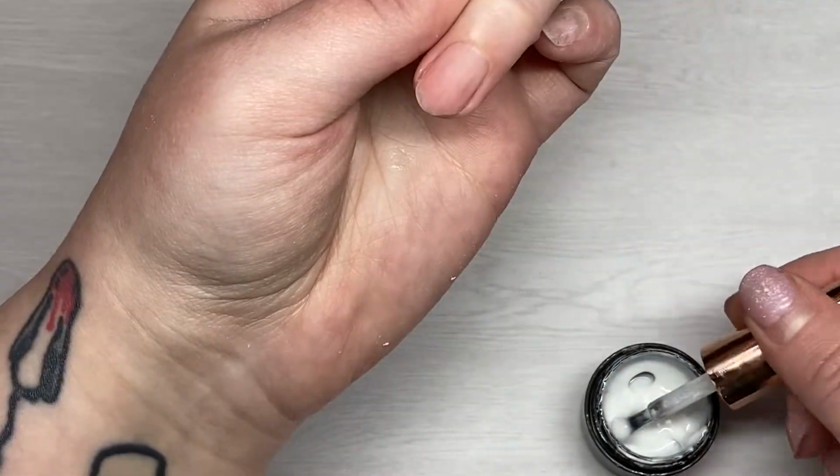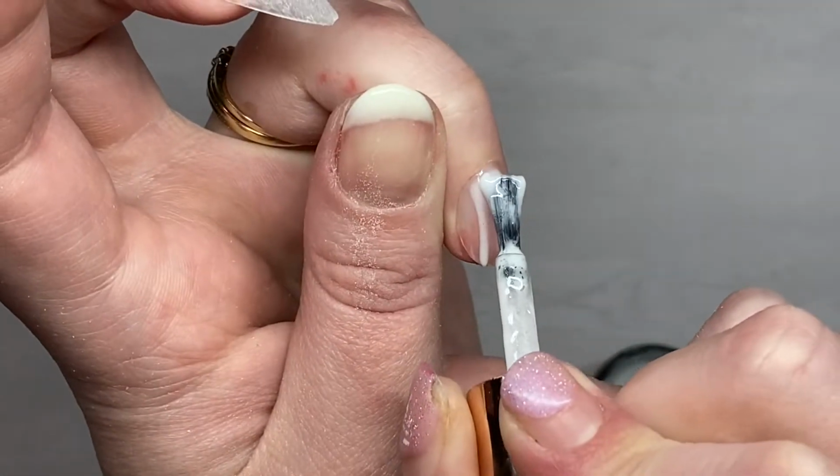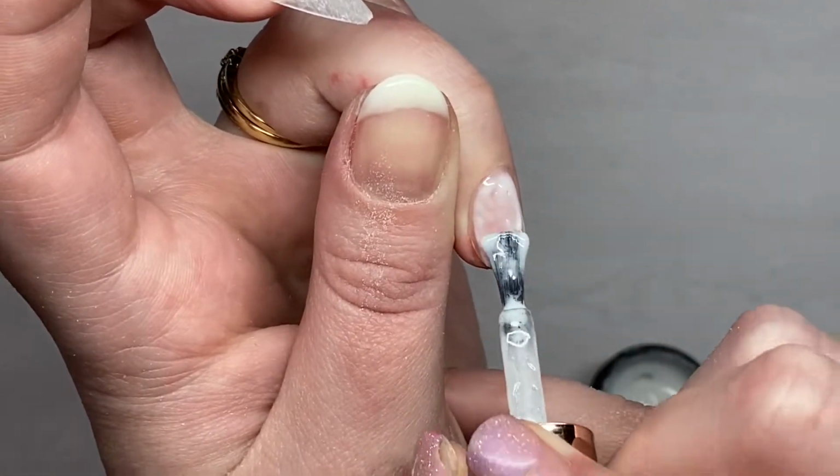But not everybody likes walking around with naked nails. And maybe you're somebody who likes to put on press-ons for a few days, and then you don't want press-ons on for a few days, and then you want them on again. So putting product on, taking it off, putting press-ons on, it defeats the purpose of the quickness of the press-on. So what I love doing is one coat of Luminary. It has added enough structure that, again, I'm not getting that little picky bit. My nails aren't